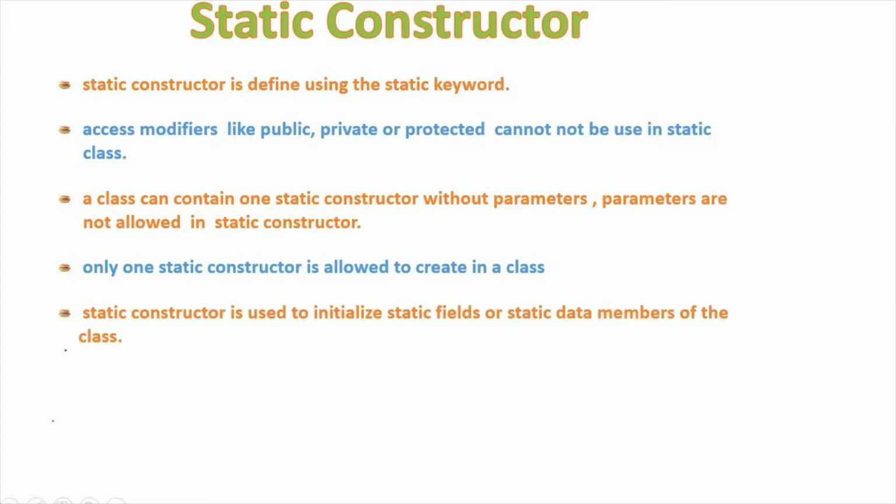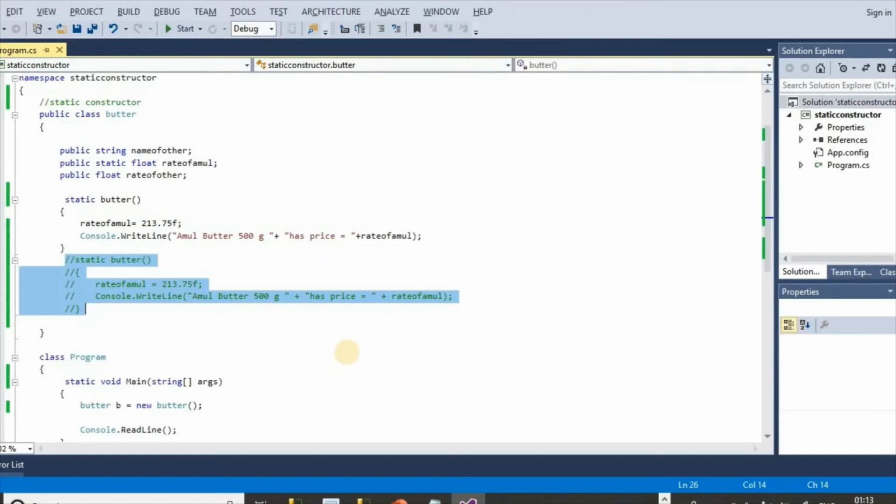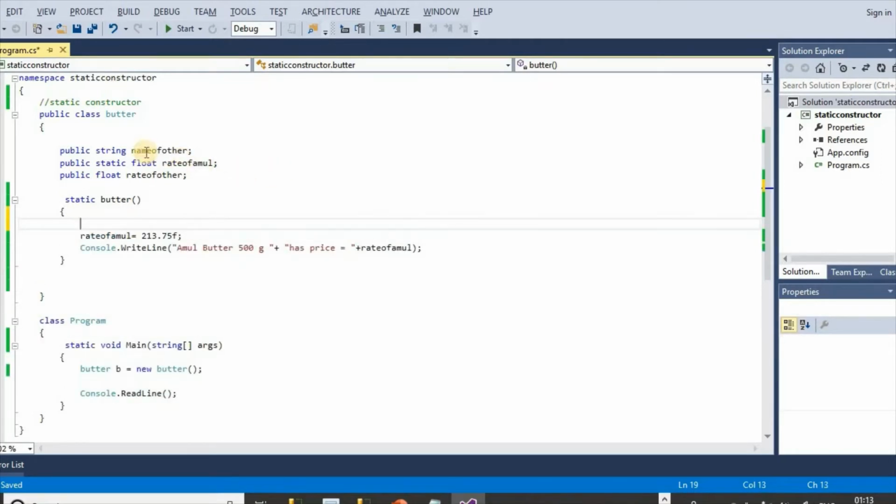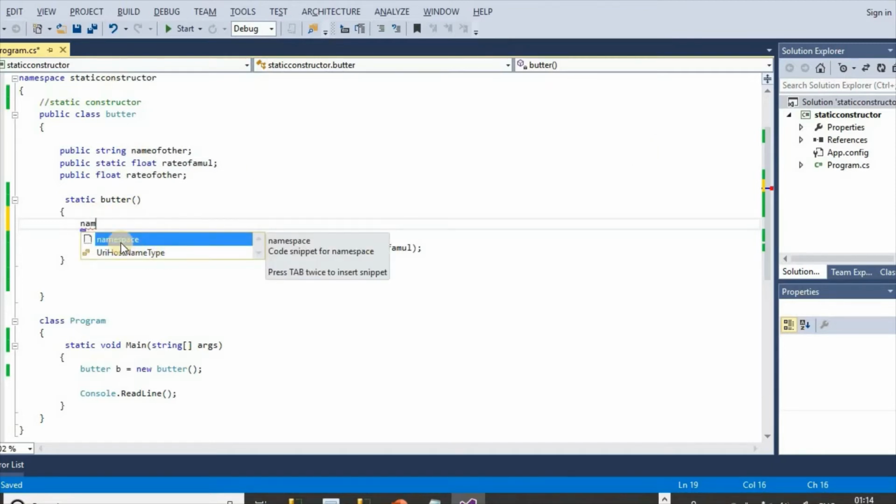Static constructor is used to initialize static fields or static data members of the class. Here we have taken one static constructor. Here, if we try to initialize this variable, name of other, which is non-static, we can see we are not able to take this variable here.